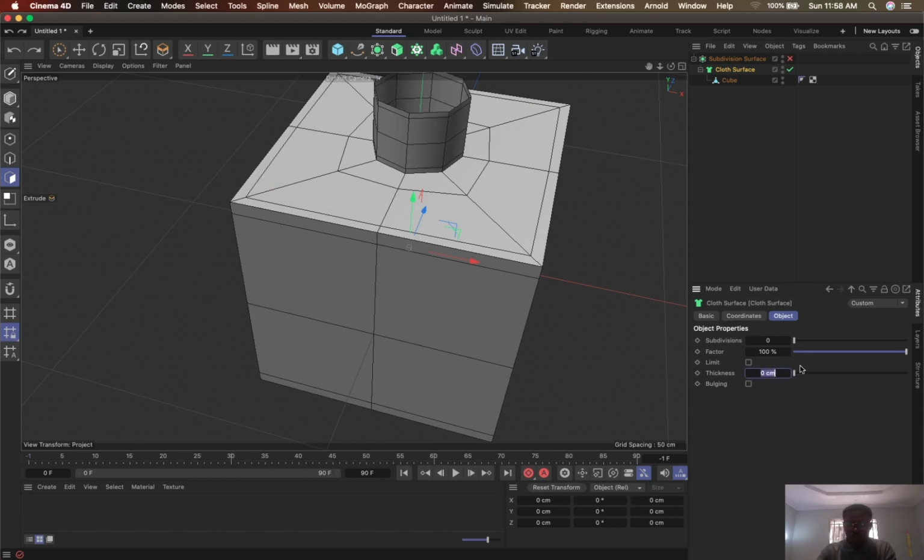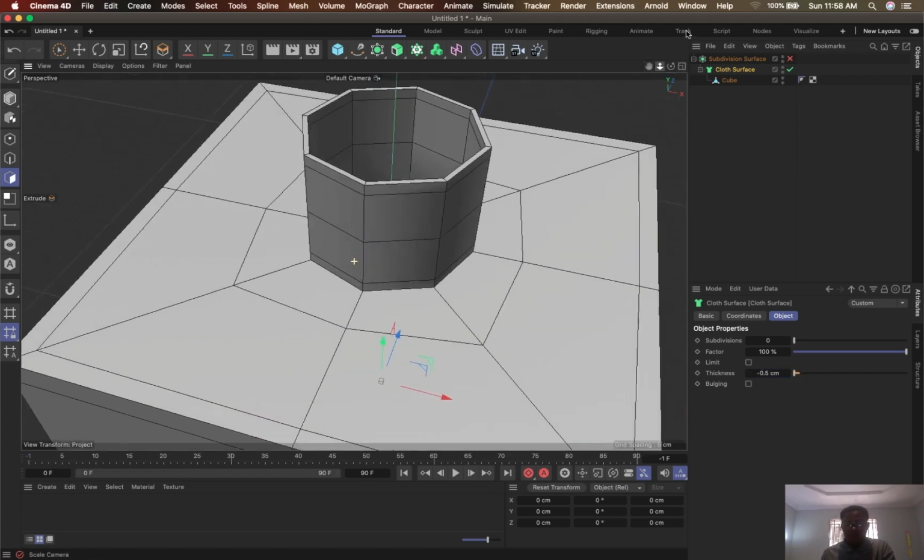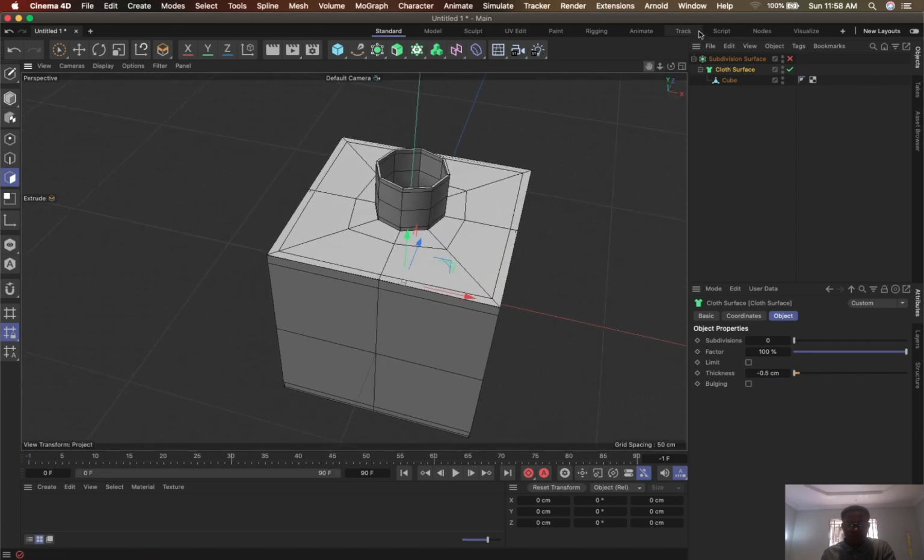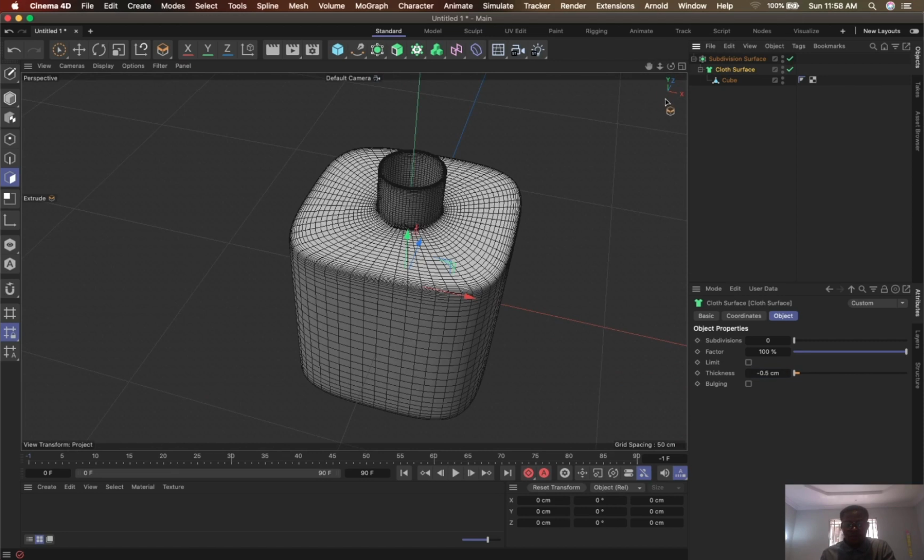Minus 2 is too much. Let's say minus 0.5. I don't want the thickness to be too much. Now you can see. If I click this subdivision surface now to see what we got, now you can see